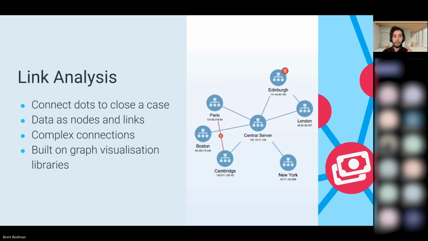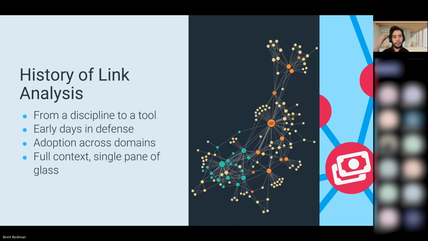And oftentimes the link analysis components within your investigation tools are built on graph visualization libraries like the ones that Cambridge Intelligence offers. And some of the GIFs that you're seeing on the side are actually examples of what can be built using these different toolkits. So the history of link analysis is actually quite interesting, as it was originally a discipline that eventually evolved into a digital tool. So for instance, I want you to imagine an investigator with a cork board with different pins that are then tied to one another using a red piece of yarn. And that's a very early example of what link analysis was like prior to becoming a digital tool.